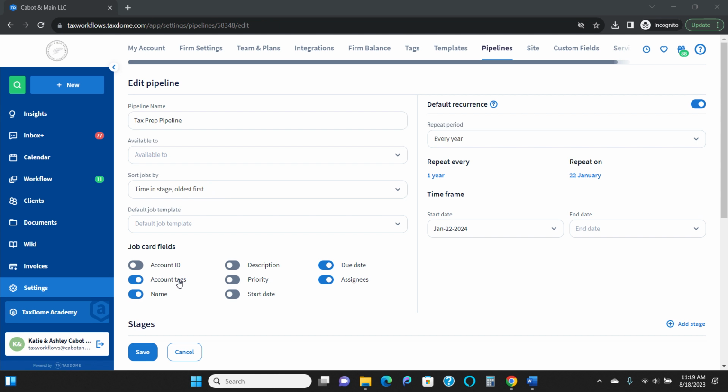We also like to show account tags on the job field because this is helpful. One, if you place an account on an extension and have an extension tag, you can actually just see that on the job card in your pipeline. And you can also see other nuances. For example, you can quickly see, is it 1040, 1065? That should also be in the name of the job itself. So we like to see the name on it so you can see the client name,